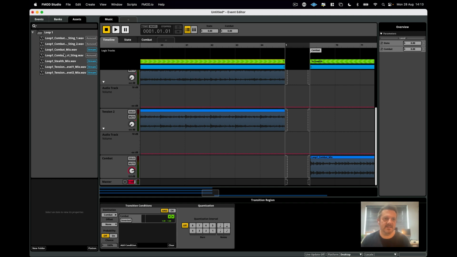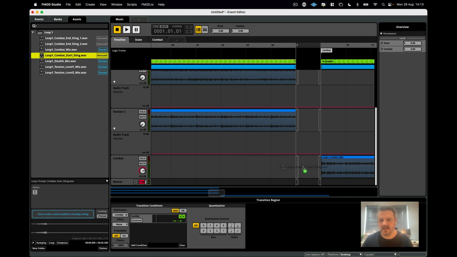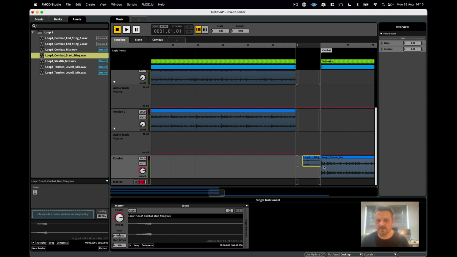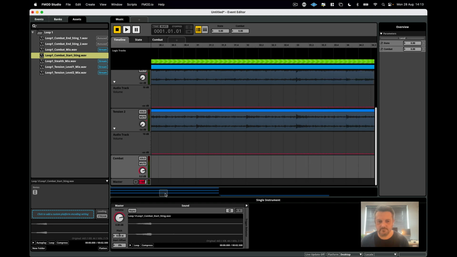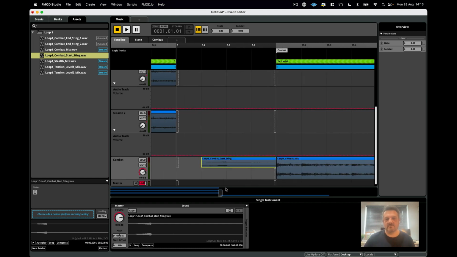We are going to take the combat start sting, and we're going to put it in this gap. That's the first thing we're going to do, is just start to fill the gap. Let me zoom in,